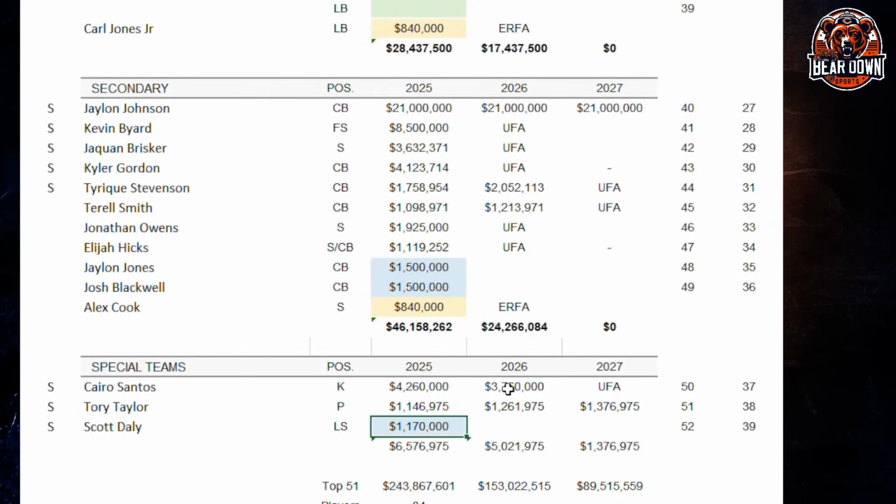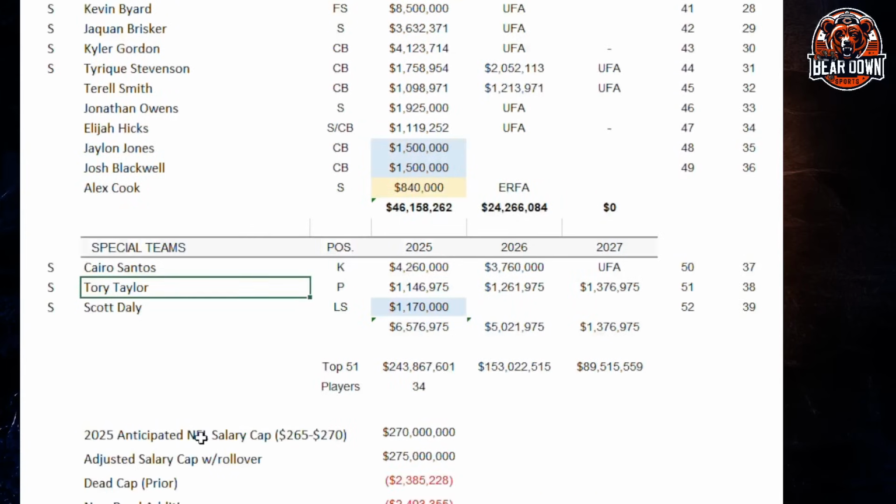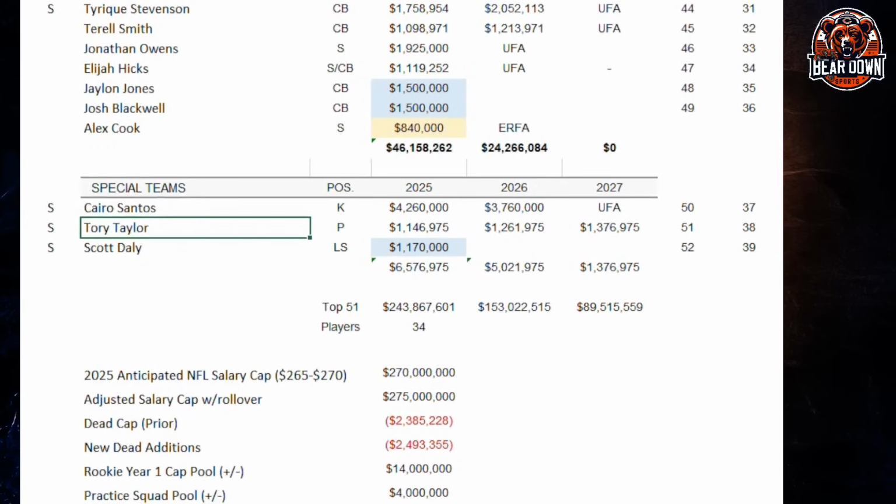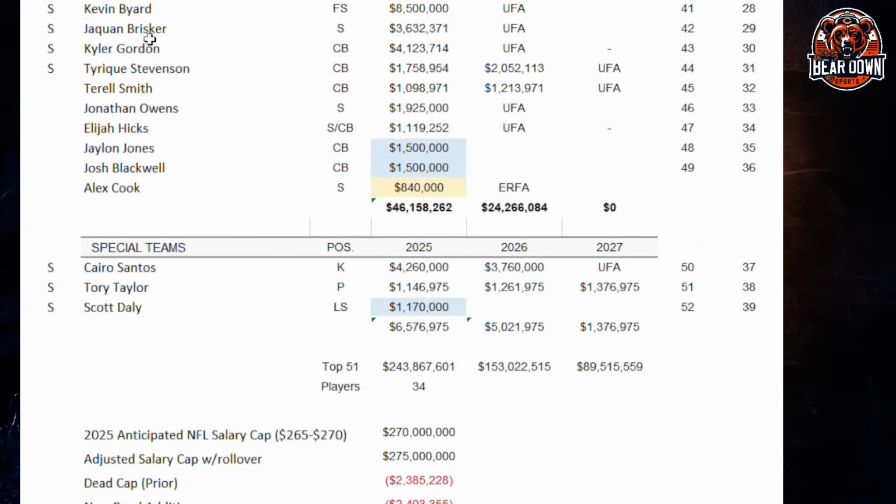Scott Dowley is kind of the cheaper option with his experience level, and he did a fine job last year filling in. So it's a cheaper option there to fill in for a minimum contract. So I'm good with Scott Dowley there. But that's where this leaves us with $8.253 million when you take into consideration, probably a Tyreek Stevenson, a Kyler